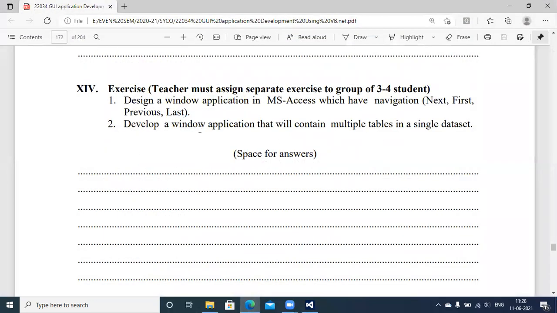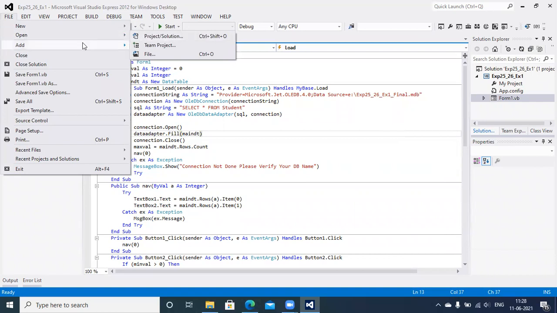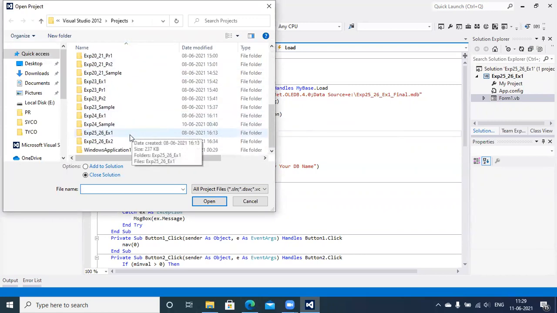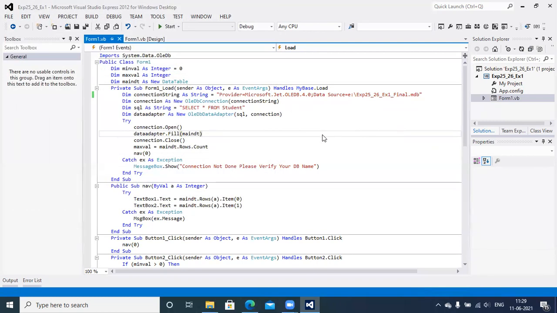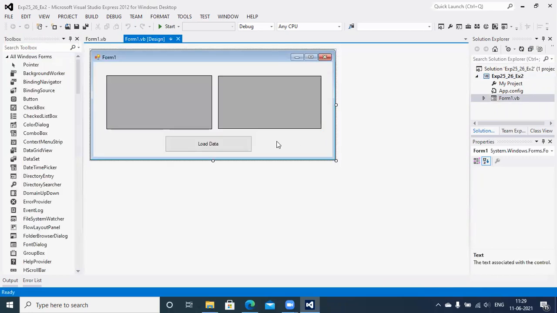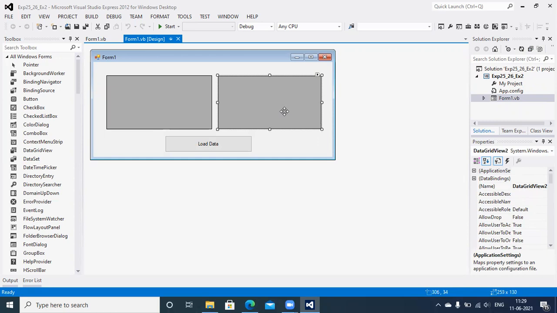Similarly, I'll move to the second application: develop a window application that will contain multiple tables in a single data set. In this application, we are going to display multiple tables in multiple data grid views. Let me open exercise number 2 of experiment number 25-26. There is data grid 1 to display values from table 1, data grid 2 to display values from table 2,